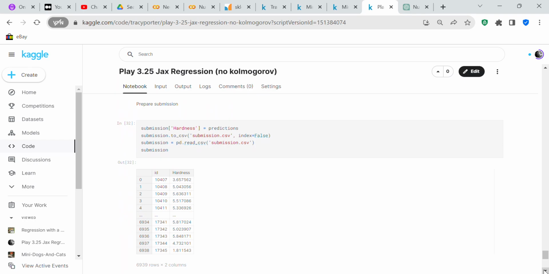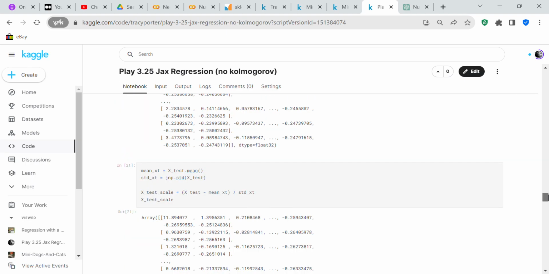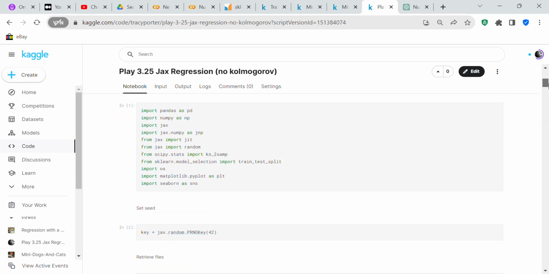And now we're going to prepare our submission. Submission hardness equals predictions. Submission dot to CSV, submission.csv, index equals false. Submission equals pd dot read CSV submission.csv, and submission. And this is your submission. And this is what we submitted to Kaggle. And when we submitted it to Kaggle, we got